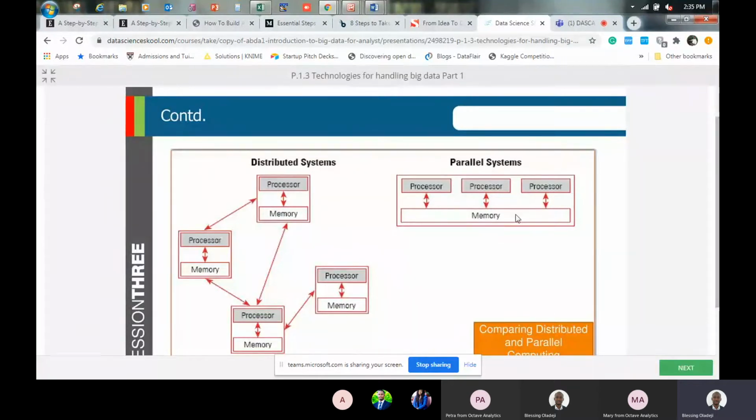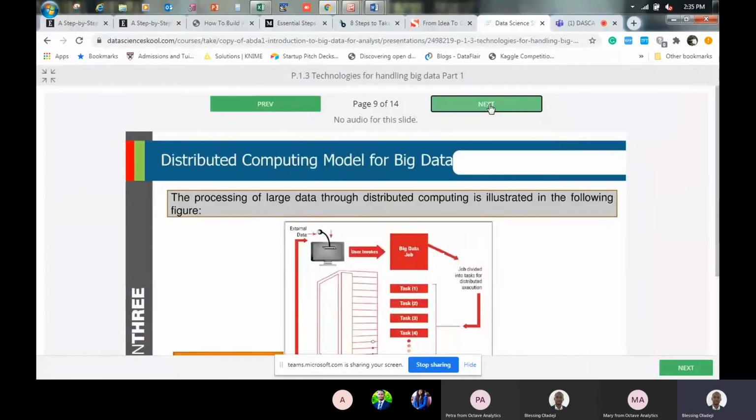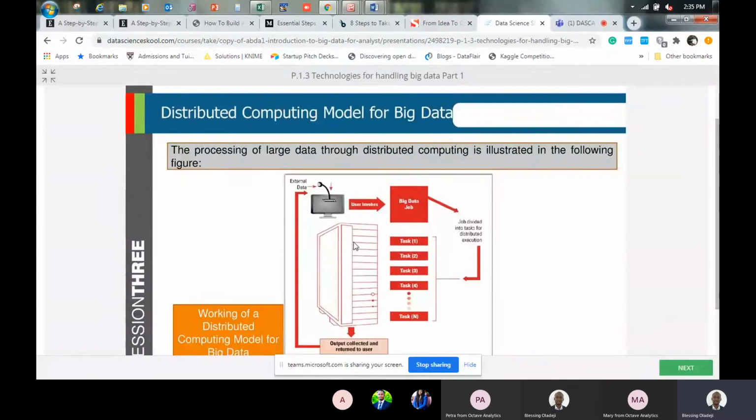This is just a single node. The parallel system in this diagram is a single node, while this distributed system network has 4 nodes connected in it. So in this diagram, this is like a cluster. This rack here, this long computer, is like a rack that has multiple nodes connected together in it. So each of the tasks is assigned to different nodes within the cluster, and the result is combined together and returned back.